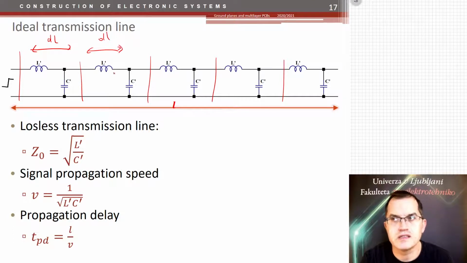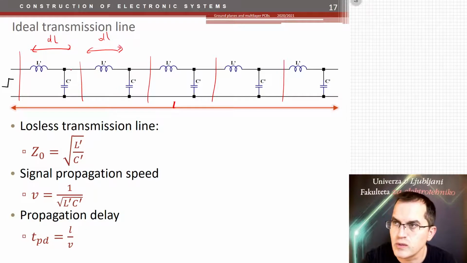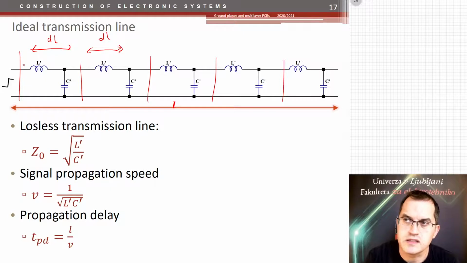Then you can easily represent such a transmission line by that. And a lossless transmission line, without any losses, any resistivities here, has a characteristic impedance of square